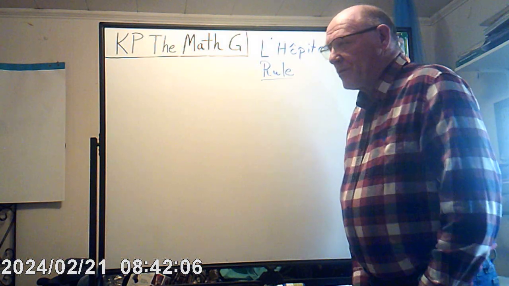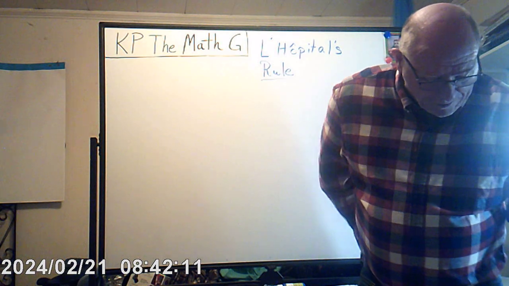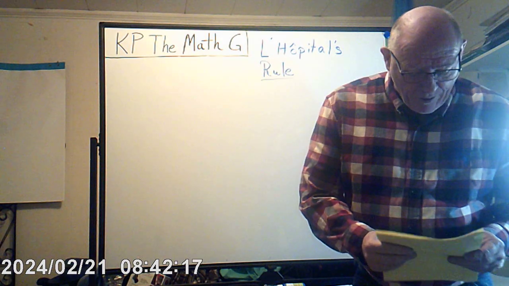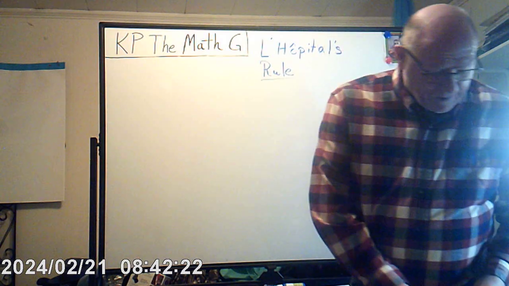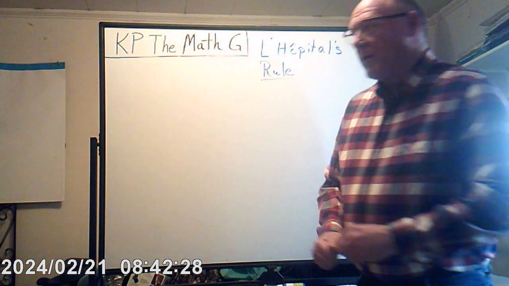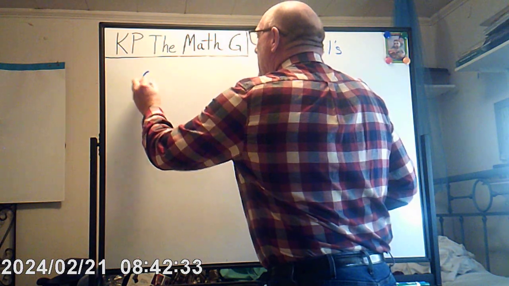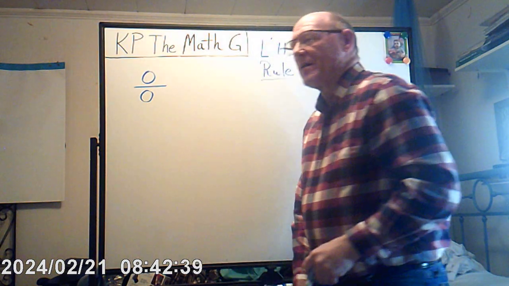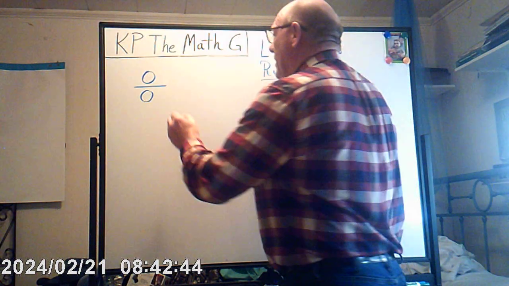textbook type examples. I want to talk a little bit this morning about L'Hopital's rule. Alright, and so with that in mind, I wrote some notes down about it. They would come in the form of, and I think you already know this, the numerator. If you're taking a limit, the limit of the numerator is 0 and the limit of the denominator is 0, it's going to be in that form. Or there's several forms, but